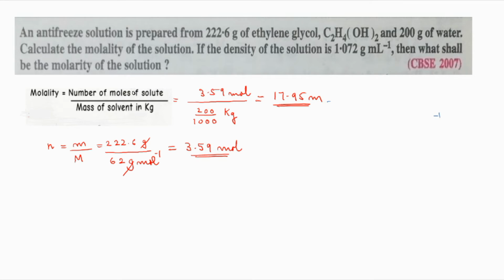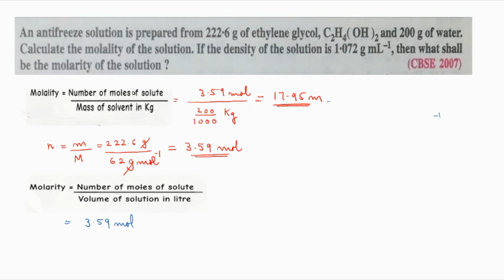Easy. Now, the problem is not over. They are asking you to find out the molarity of the solution also. So, what is molarity of the solution? To calculate molarity, we need the number of moles of the solute as well as the volume of the solution in liter. The number of moles of the solute we have calculated already. The solution contains 3.59 mole of ethylene glycol. So, you can substitute the value directly. That will be equal to 3.59 mole divided by